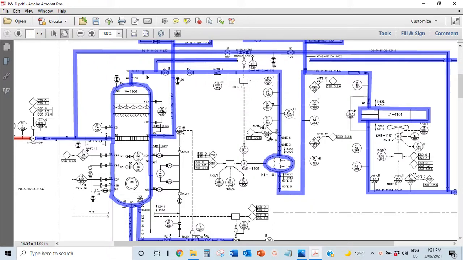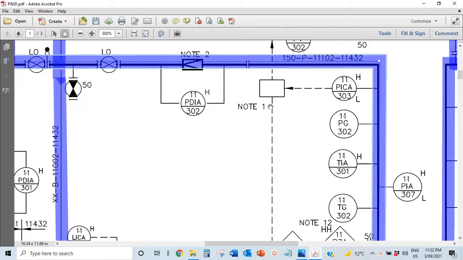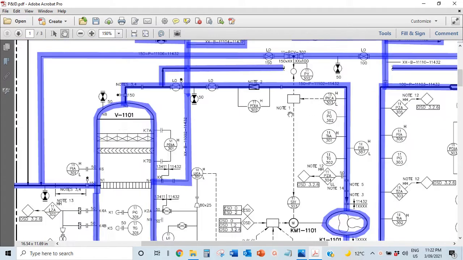You can run estimates, or you can actually pull up the ISOs. You can have your isometric drawings, and you would pull them from your model. You would get them from piping, the model, and get all these line sizes. You type this line into, what's it called? Either Freedom, Navisworks. You pull up the line and you get the length of this line, and you calculate that length with the